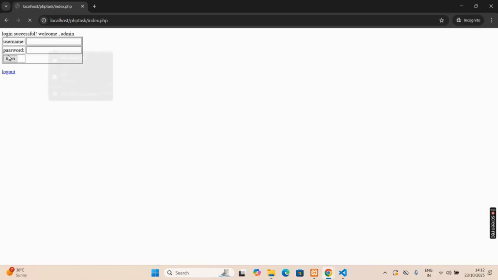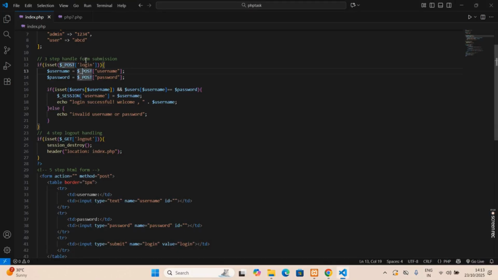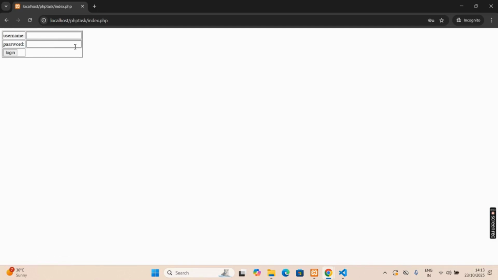login successfully. Now again we check admin 1 2 3 4, login is successful. Welcome admin. Now we check the user, ABCD password. Okay, login is successful, welcome user. Okay, now click logout, then logout. Okay,